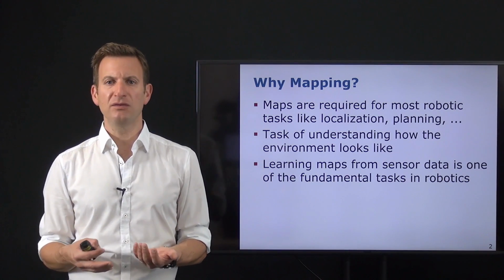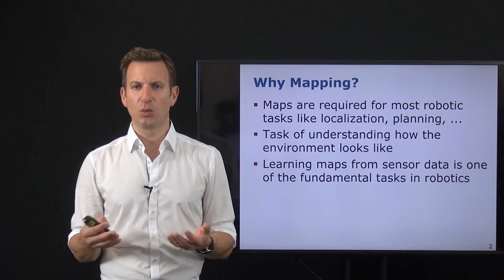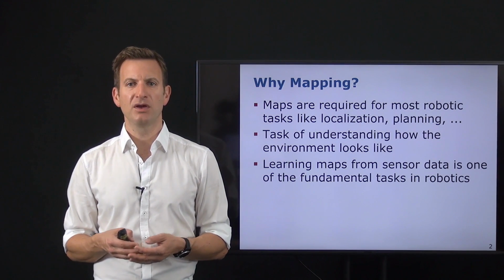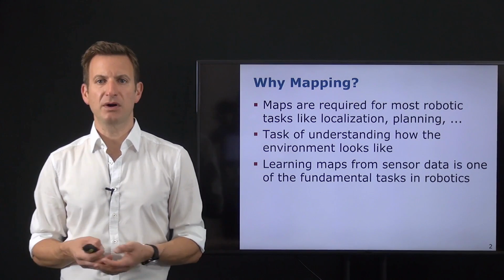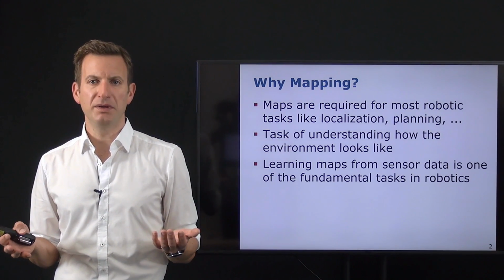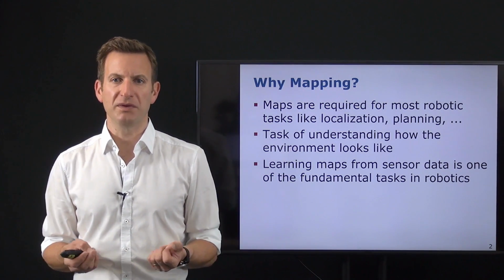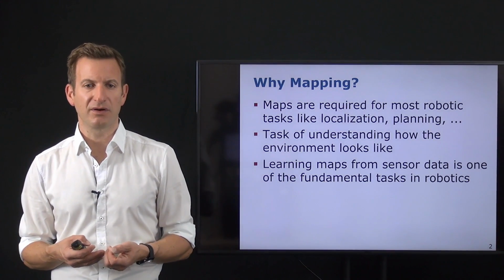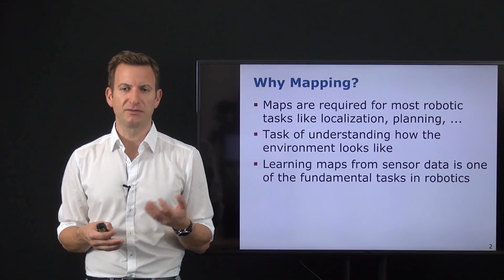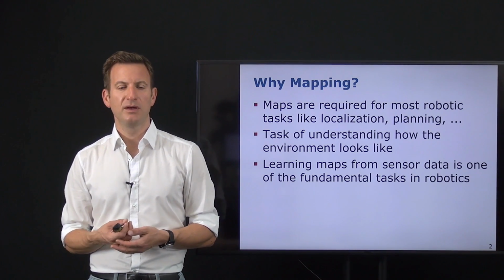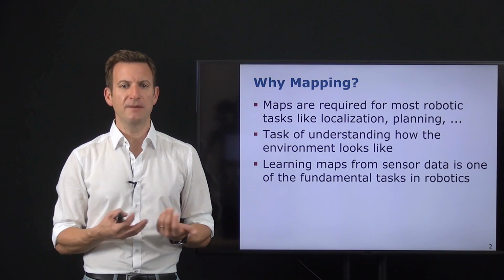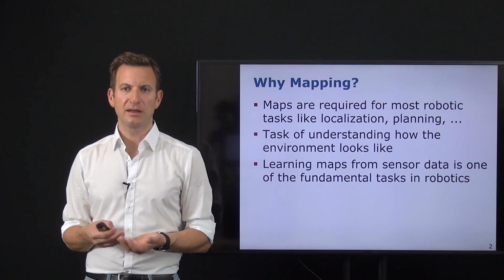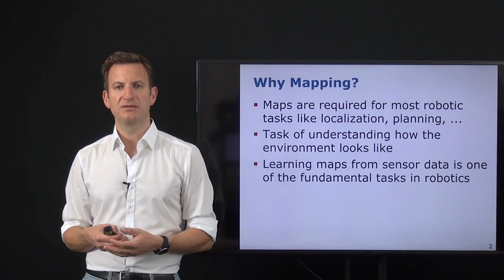This can be occupancy information, so where is an obstacle, where is free space. This could be the location of distinct points in the environment, so-called features or landmarks, but this could also be something else. This could also be semantic information, just what is actually there in the environment. But this depends on our application. For today, we will look into occupancy information, so which part of the environment is free and which part is occupied. And the task of learning those maps from sensor data is a fundamental task in